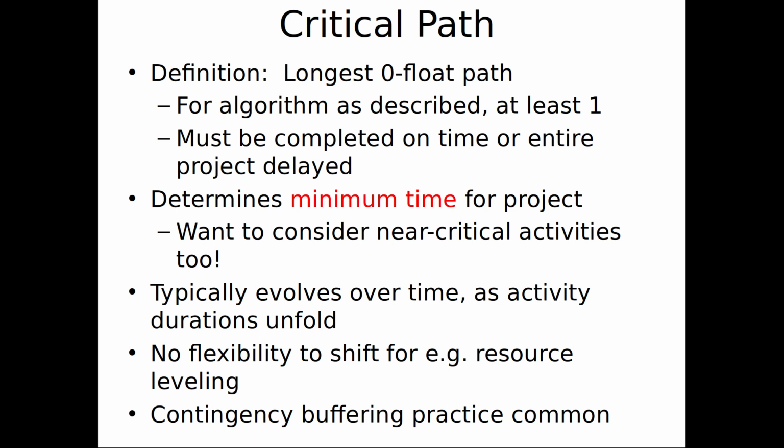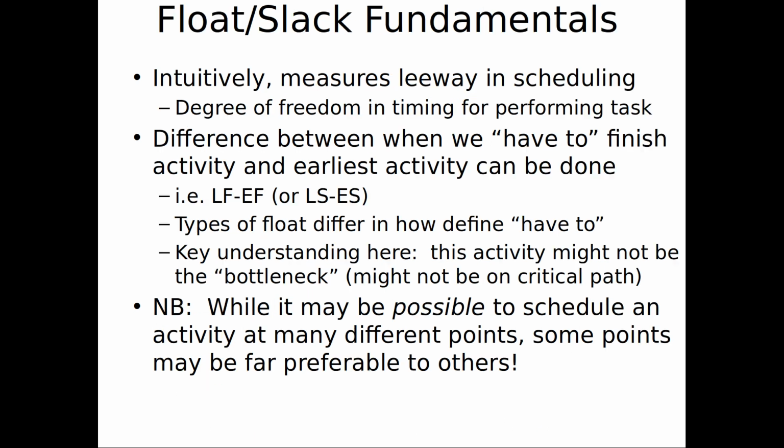But I'd at least like to be asking, where is the path that, if we're thinking about the next deliverable, we cannot slip? We have to be hitting this one-on-one, because that's the path on which you as project managers need to focus, and the dev leads and test leads. Because if you slip that path, you're not going to hit your deadline. And there may be other tasks that have leeway associated with them. They don't have to be completed just on time because they're going to be waiting for other things, right?